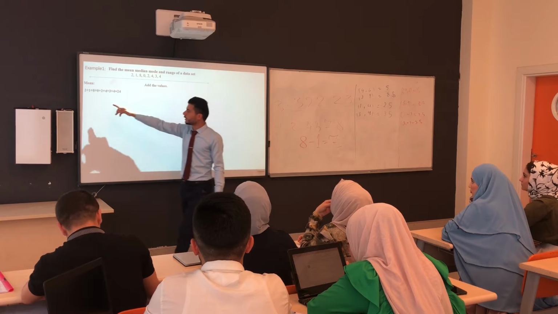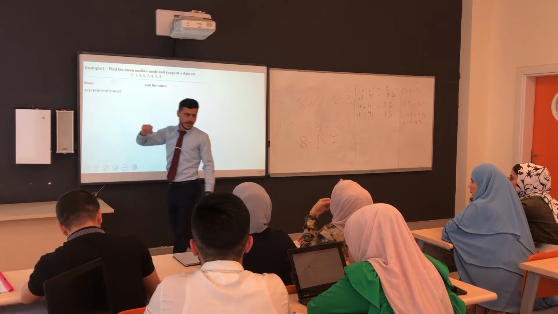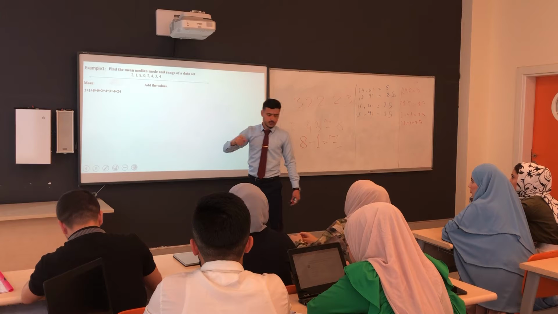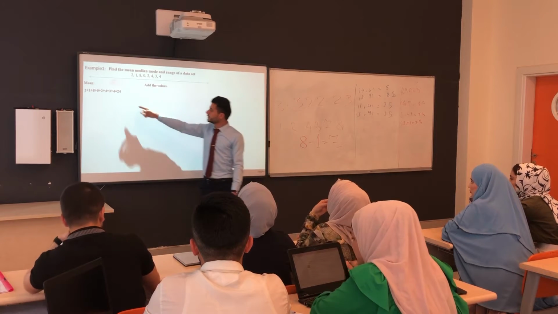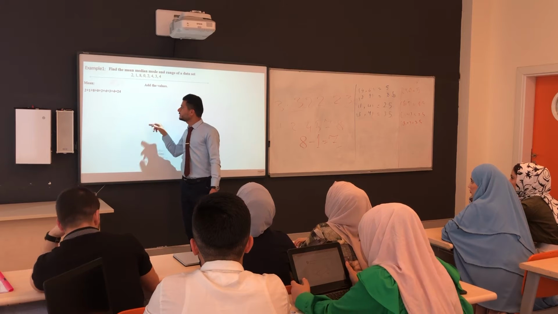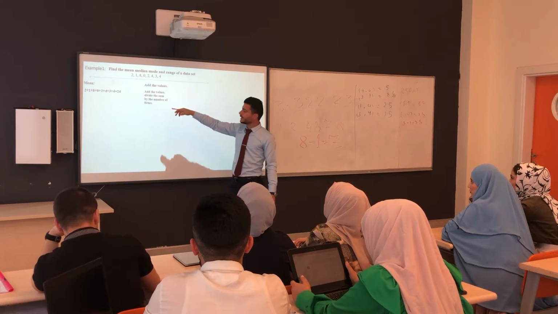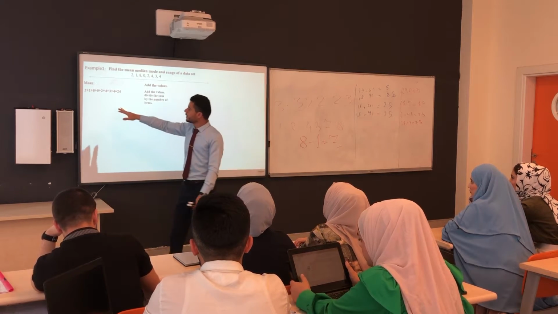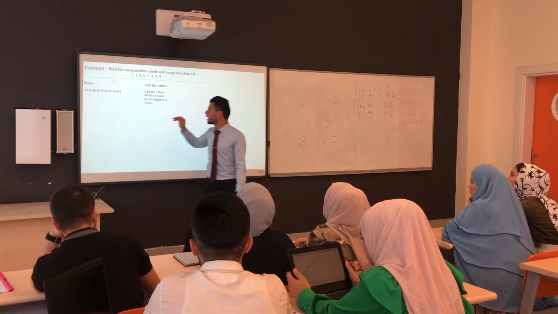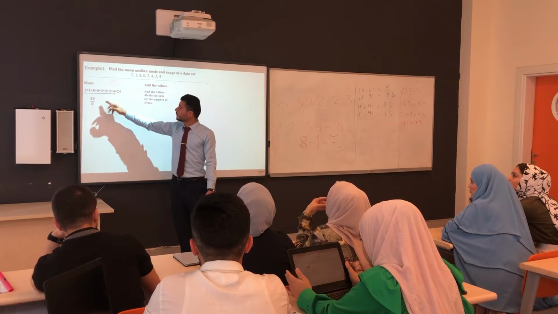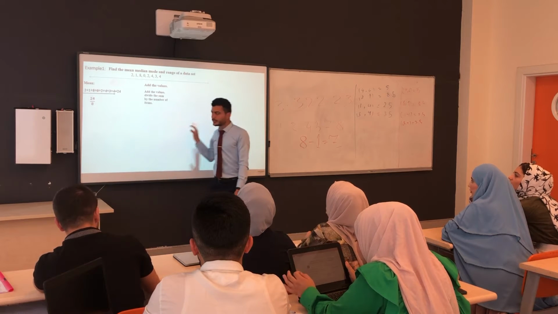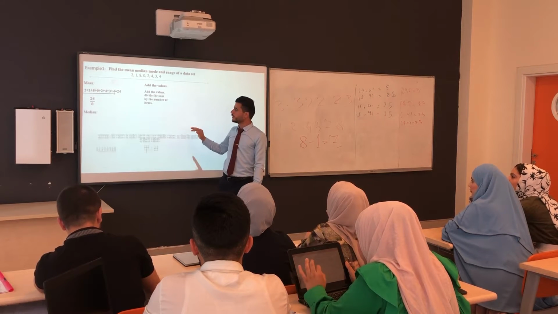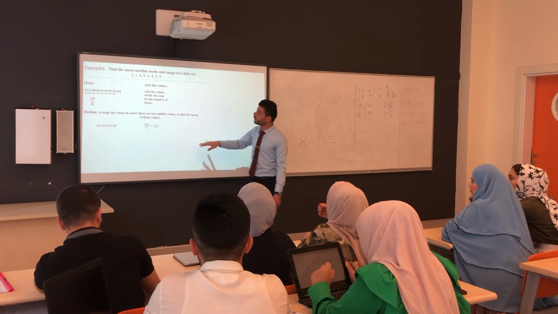We will add the values. How many do you get? 24. When we add them, we will get 24. And for the next step, as we said, we have to know how many numbers we have. We have 8 numbers. So 24 divided by 8 will be 3. Very good. So for the median,